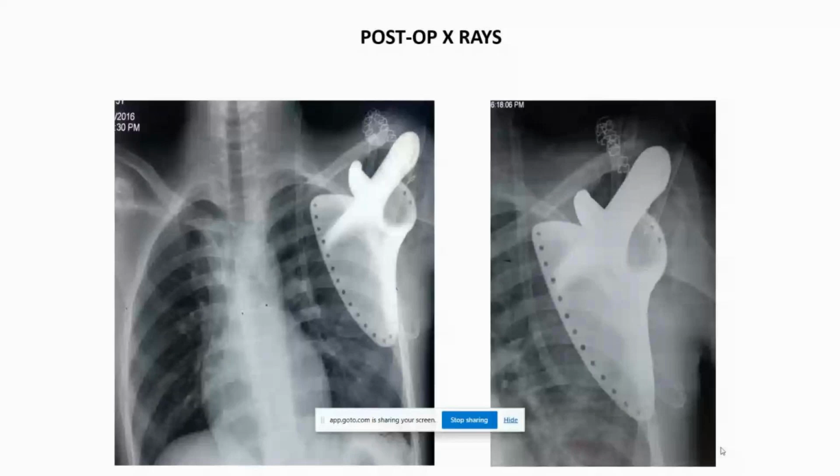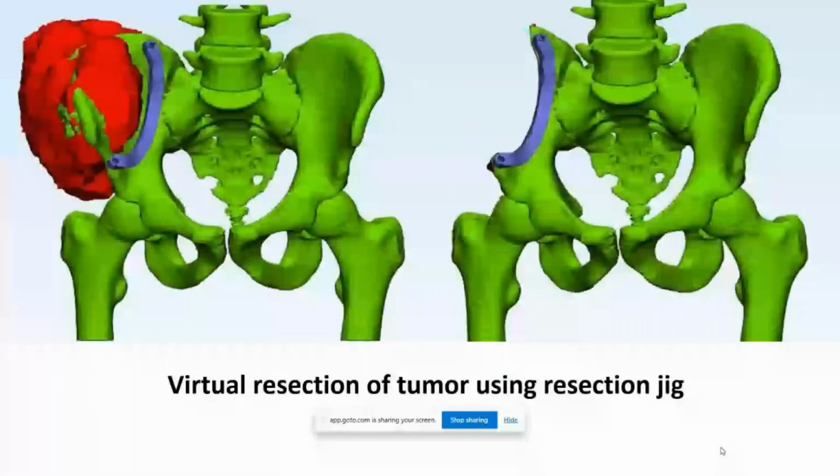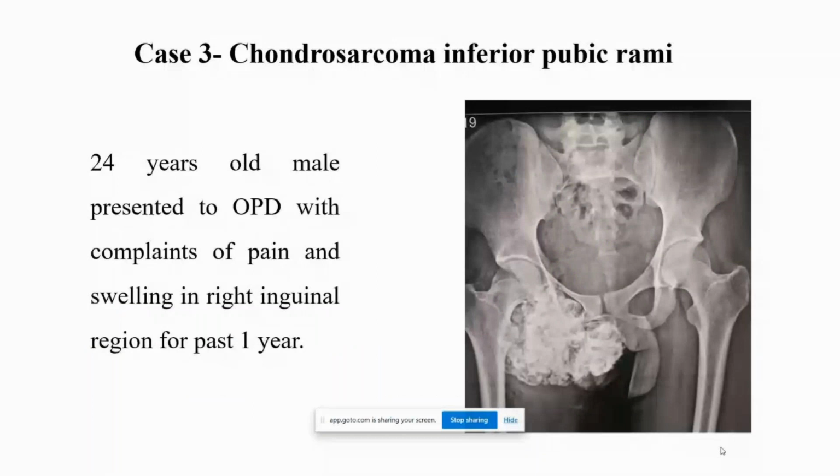In a similar case of chondrosarcoma of the iliac blade, we have created a 3D model. We have done MRI and CT scan fusion, and then we have created a resection jig, the blue one. Similarly, in one more case, we have created a 3D printed jig, and we got